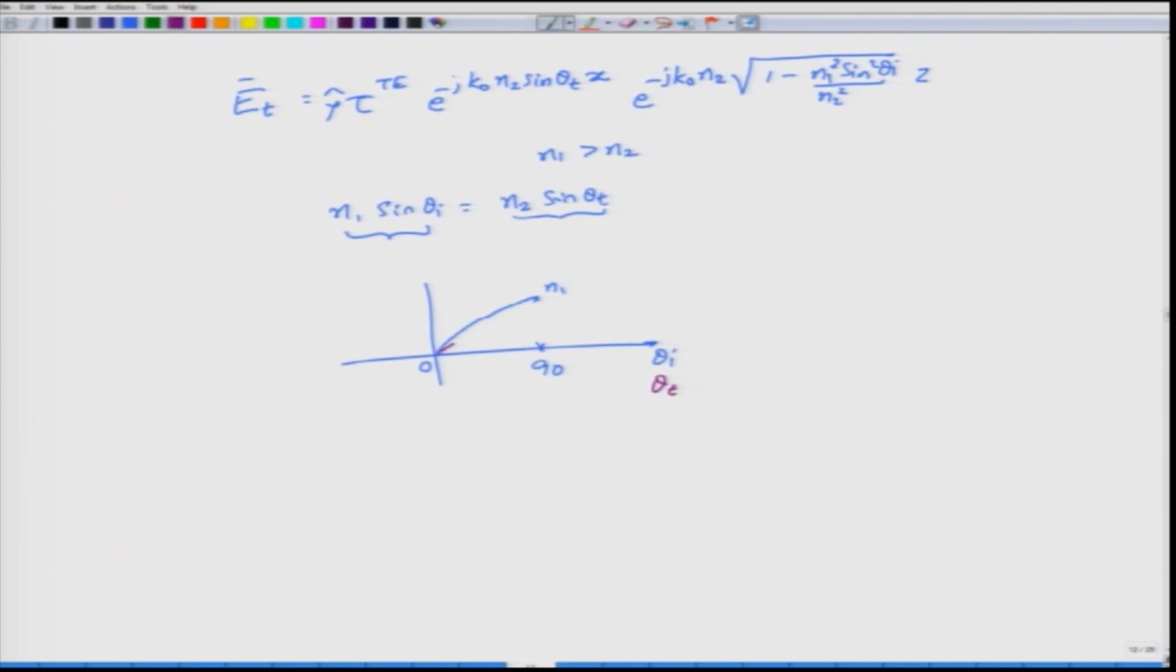So, the angle theta t must change rapidly, but at some point it hits n2, but then it will not be sufficient for this one to be equal to the left hand side. So, perhaps this figure did not convey what I wanted to write down, but you get the idea. See, theta I is changing, and theta t is changing at a much faster rate compared to theta I, because the product of these two should be equal to the product on the left hand side,